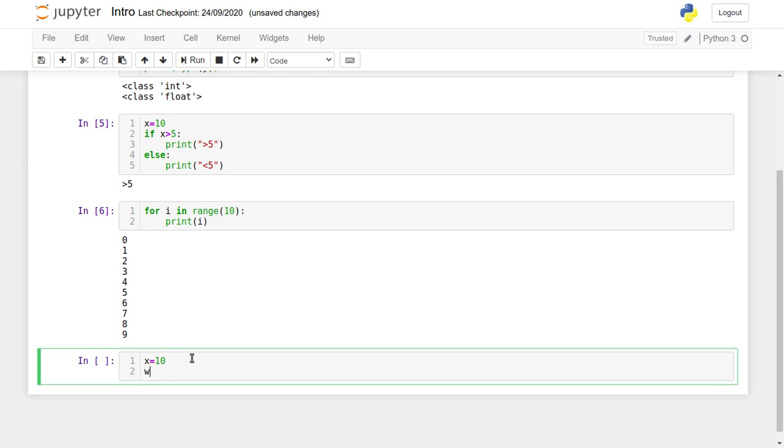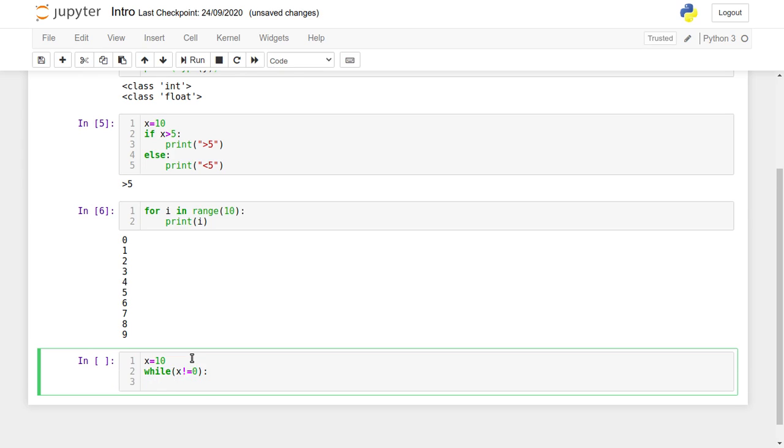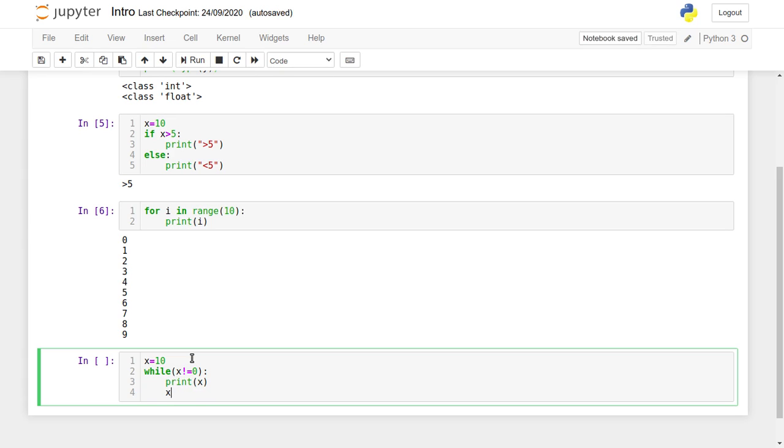For while x is not equal to 0 colon print x, and we increment x plus equal to 1. Since Python doesn't support increment and decrement operators, we write x equal to x plus 1.